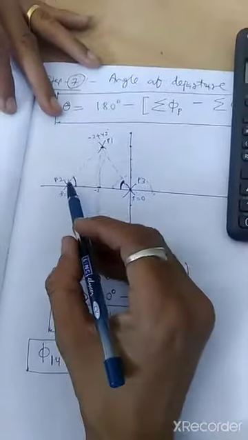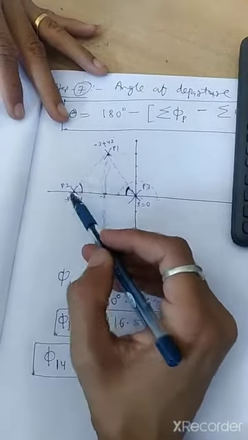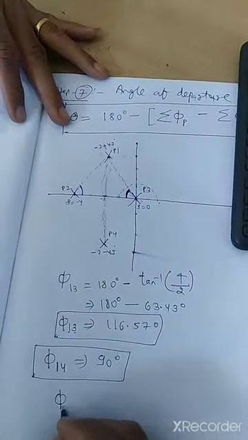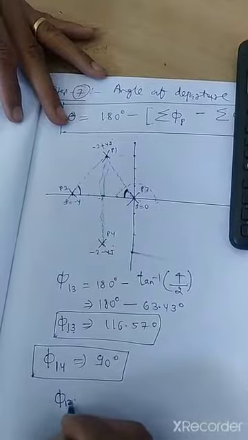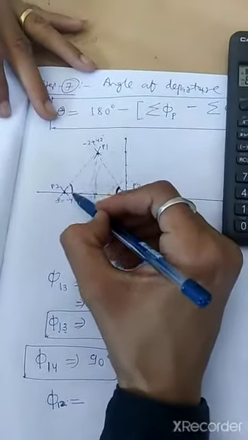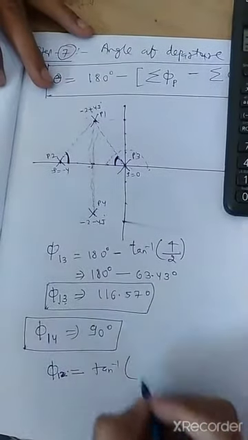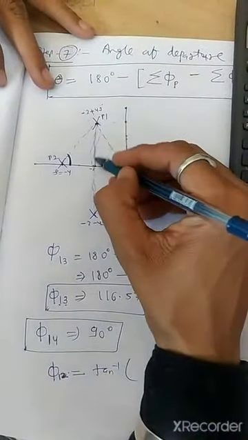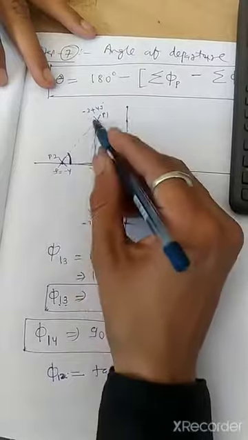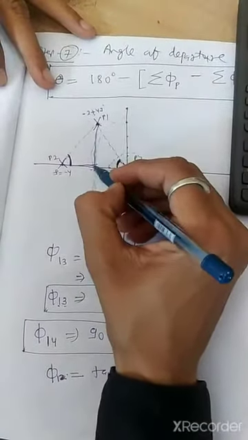Now I will find the angle on this first complex pole due to this second pole. So this is 512. Now I have to find this angle. I know directly it is tan inverse of perpendicular upon base. So what is this side? This is perpendicular, this is base, this is hypotenuse, right? So perpendicular divided by base.